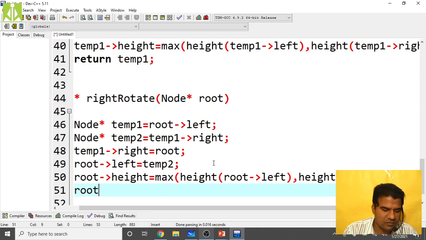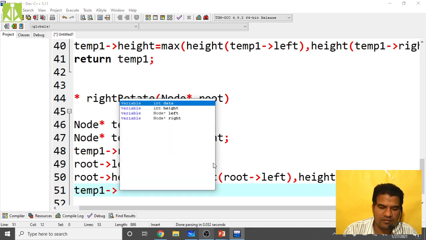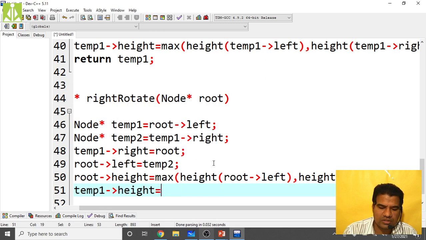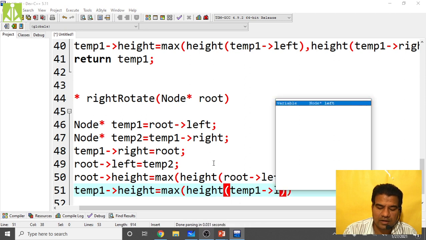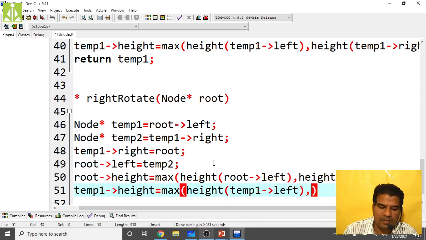One more time, temp1 of height equals max of height of temp1 of left, comma, height of temp1 of right.